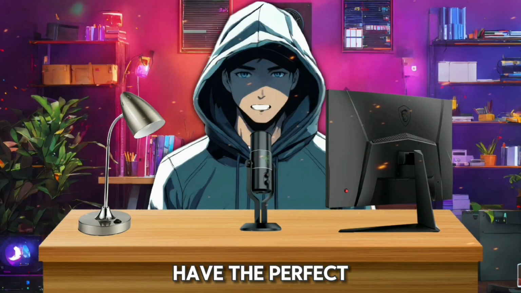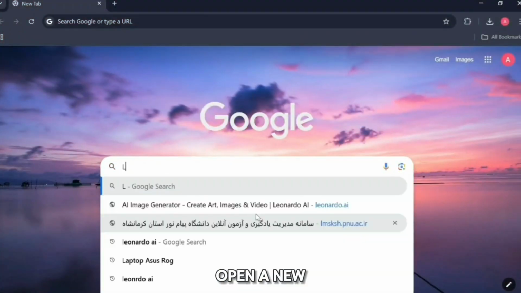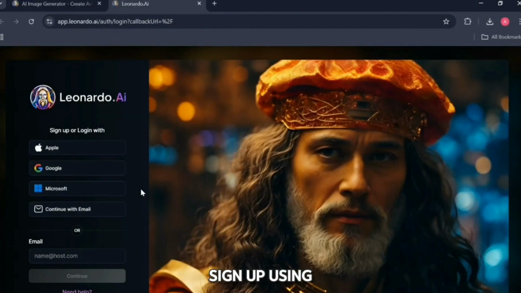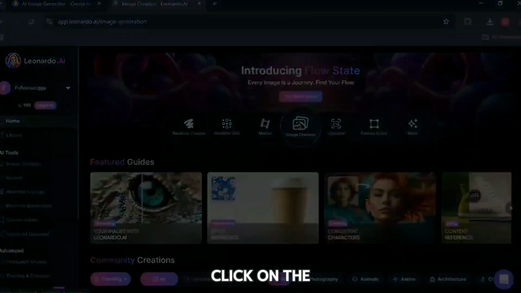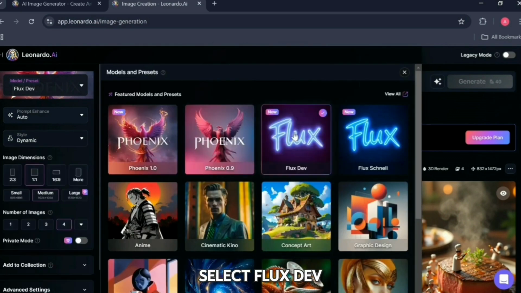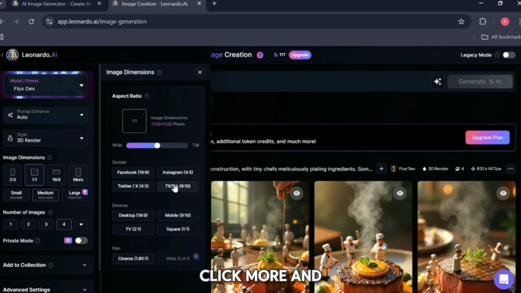Now that we have the perfect image prompt, it's time to bring it to life with stunning AI-generated visuals. Open a new tab and search for Leonardo AI. Click on the official website and sign up using your Google, Apple, Microsoft, or email account. Once you're logged in, click on the Image Creation tab to start generating images. You'll want to adjust some settings before generating. First, in the preset section, select Flux Dev to get the best results. Next, under the Style section, choose 3D Render for a highly detailed and cinematic look. Finally, in the Image Dimension section, click More and select the appropriate size, whether it's for TikTok, YouTube Shorts, or